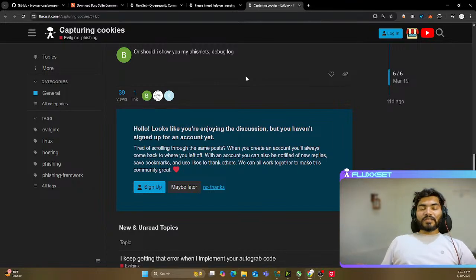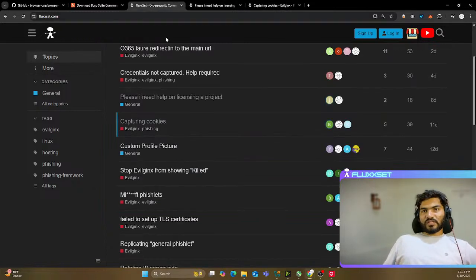That's not recommended. You're not supposed to add the endpoint. The whole story behind the auth URL is we are telling Evilginx in which URL we should be looking for the cookies. When you add only a slash, Evilginx will check each and every single URL for the cookies, and that's exactly what we want. We want to capture all cookies for that particular website. So it's recommended to add slash as the auth URL rather than adding some authenticated path. Okay, please do that. Now let's move to the next question.